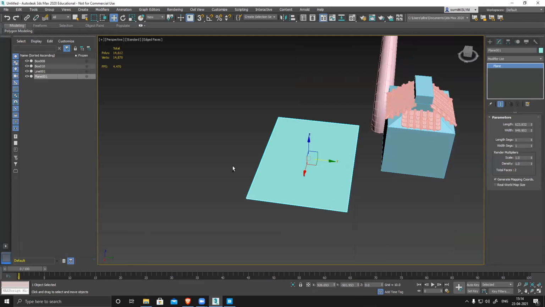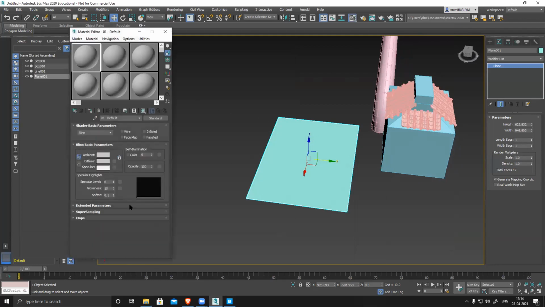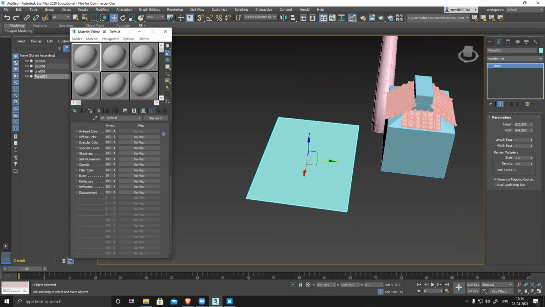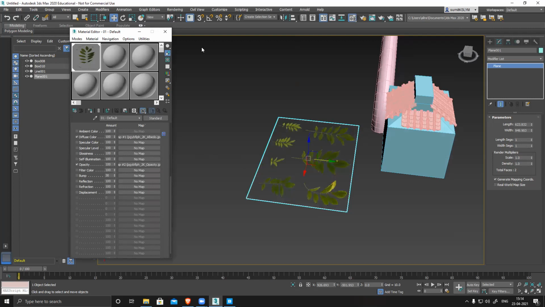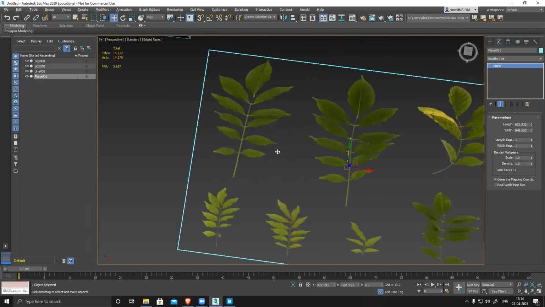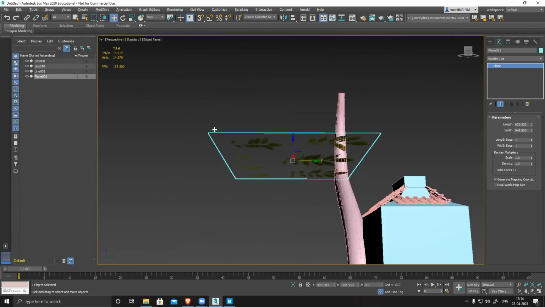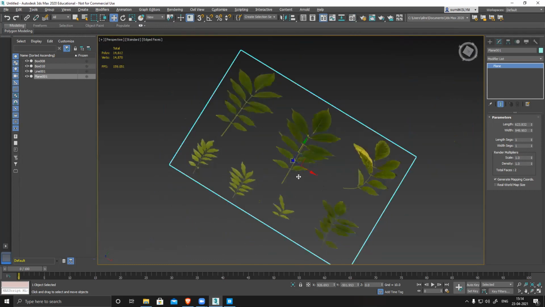So let me create a material. Go and open the map, drag and drop your albedo to diffuse, your opacity to your opacity map. So you can see it instantly looks transparent, and normal, okay, normal is not required. So I'll just select this and apply this one, and switch on your preview. So now you can see clearly all these leaves, right? Transparent. It's just a plane, but you can see everything.